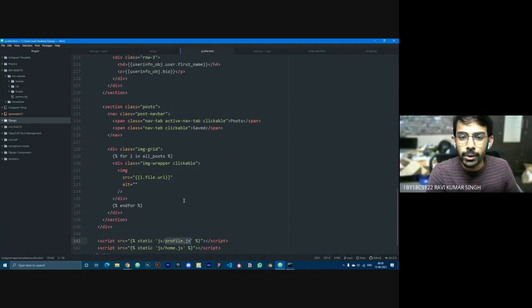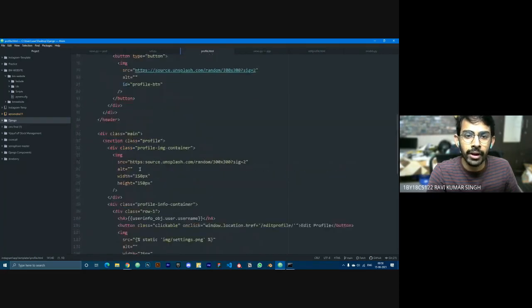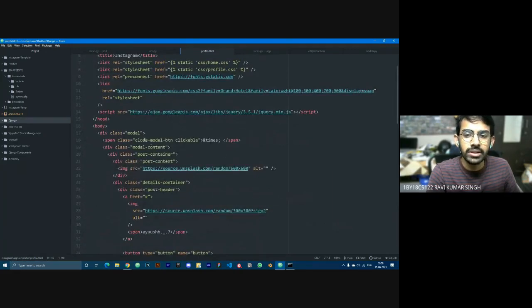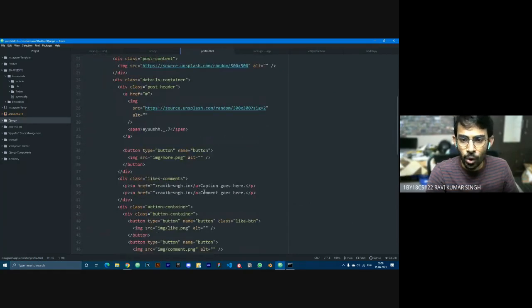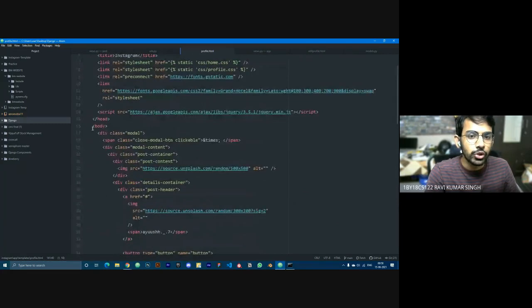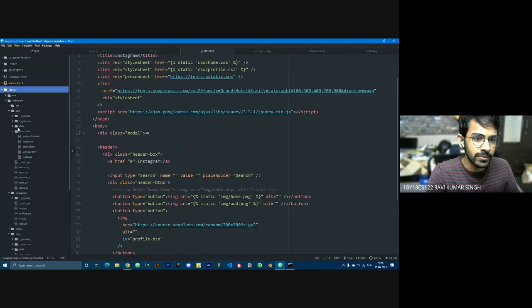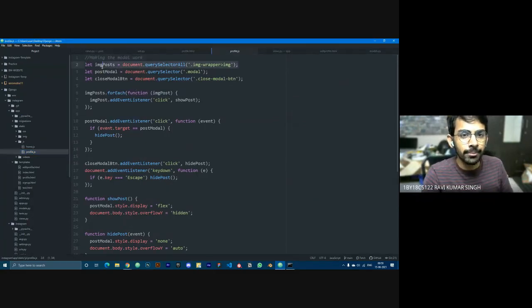So as of now, how does it work? As of now, I have this modal over here. Ayush has created this particular modal. So all of those images and everything is over here, like the comments, likes, and everything. Cool. So let's go to the profile.js, in the static folder, we had profile.js. Let's understand. I selected all of it.